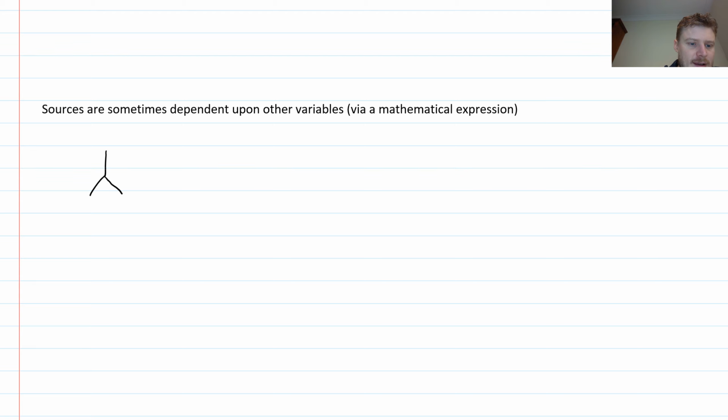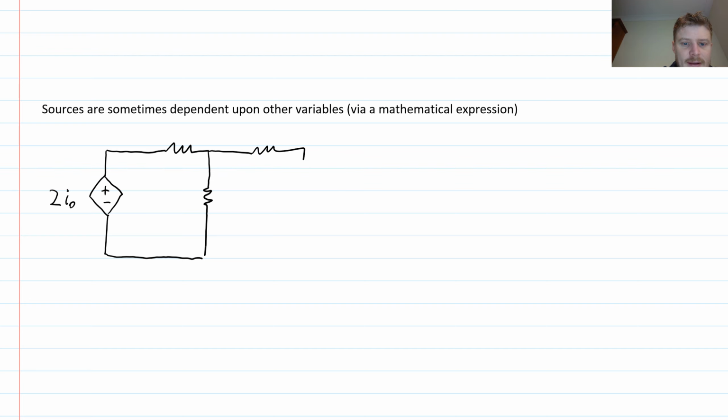Now, by convention, if it's a dependent source, dependent meaning that there's some mathematical expression that it is controlled by, then we use the kind of diamond shape that you see here. So I can write here some variable, like 2I0, and we're saying here that this produces a voltage which is equal to this mathematical formula. And then I would need to have somewhere else on my circuit that I0 variable labeled. So as an example, if I had something like this,